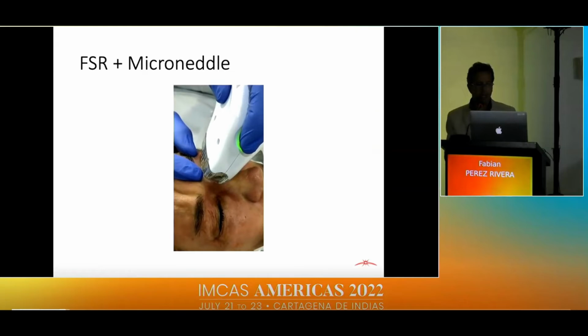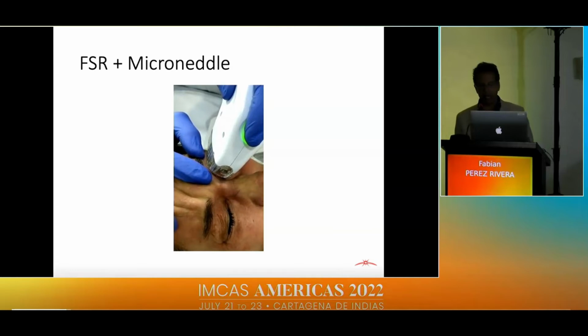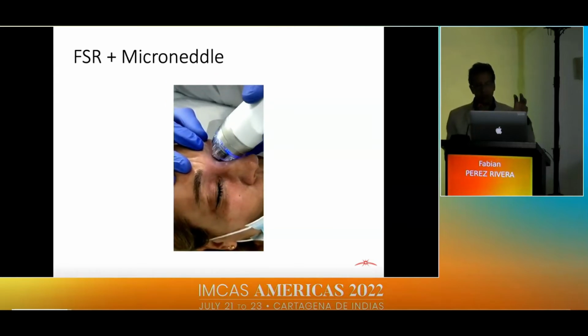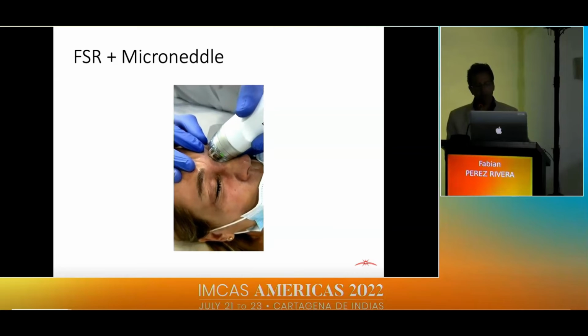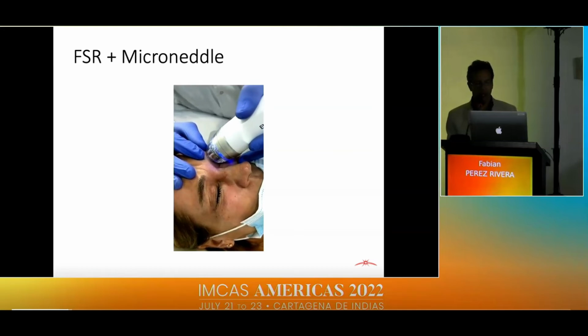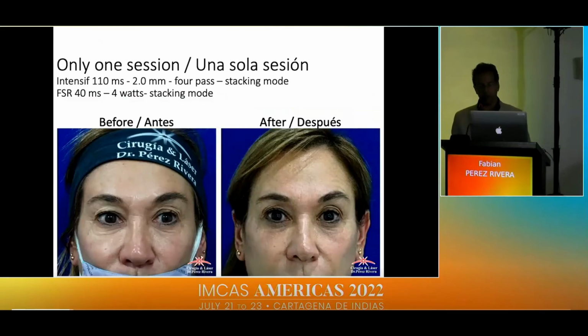When I mention radiofrequency blepharoplasty, I combine fractional and microneedle at the same time. In this way, I can obtain a contraction of the skin, but with a gentle post-treatment recovery time. It's more sessions, not less than 3 or 4, but more gentle, only 3 days of redness. There are different kinds of microneedle. I prefer the non-insulated. And this is the patient that I showed you during the procedure with only 1 session,